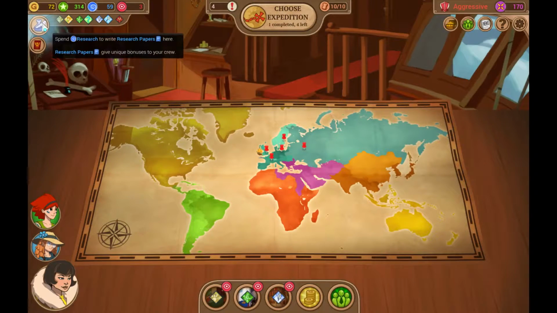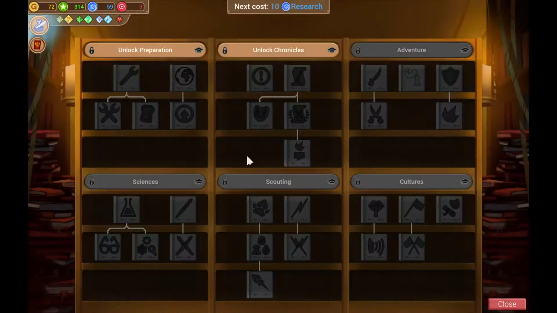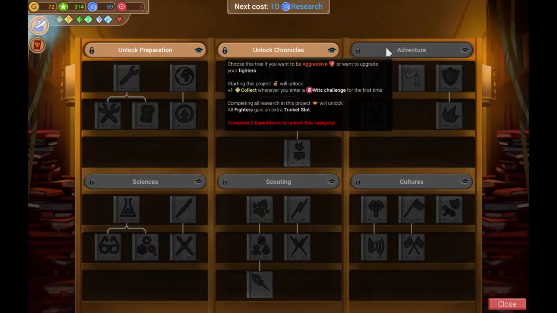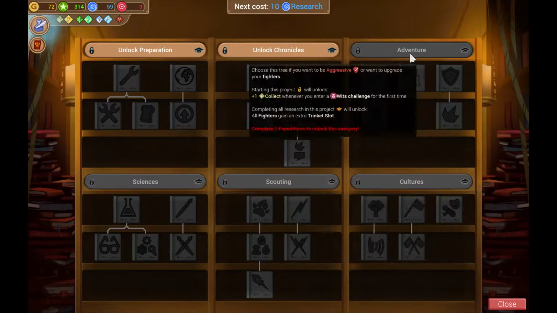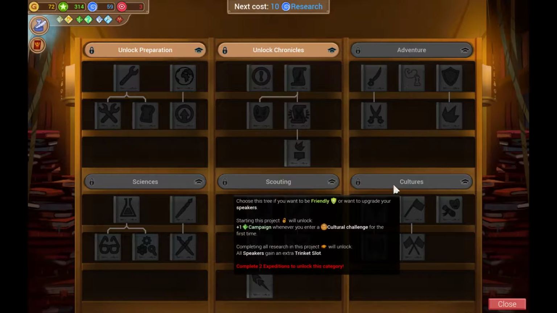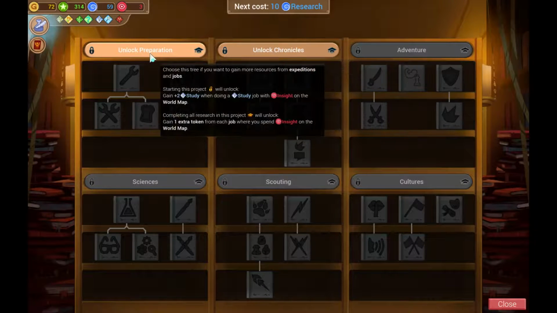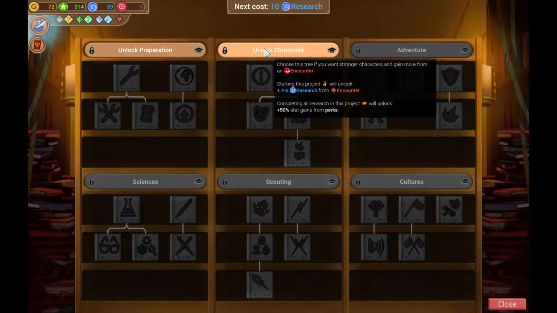So the first thing I'm going to check out is research. This is the research tree. It costs 10 to research. Some of these are locked because I can't unlock them until I've completed additional expeditions. So you have to complete 2 to do this. We've completed 1. So preparation will get us more resources from expeditions and jobs, whereas Chronicles will get us more